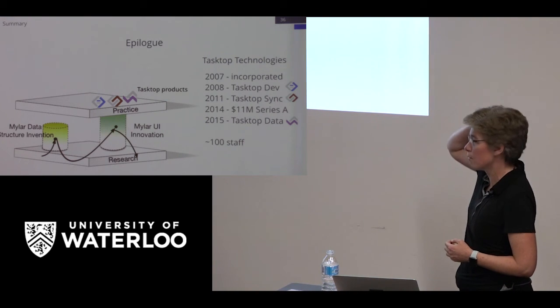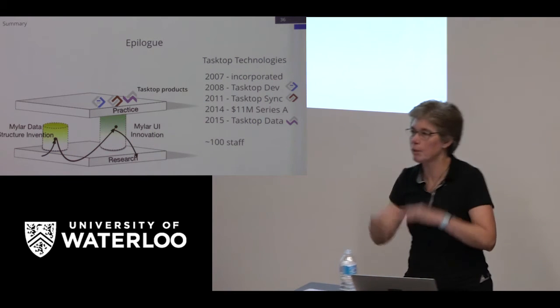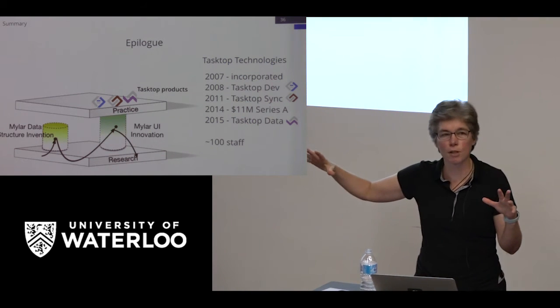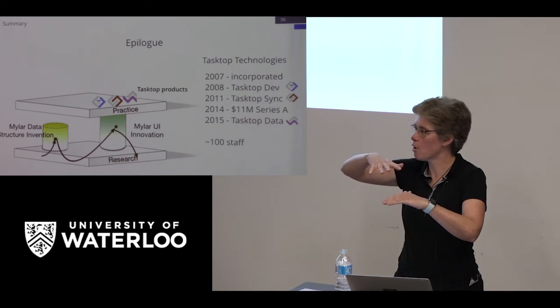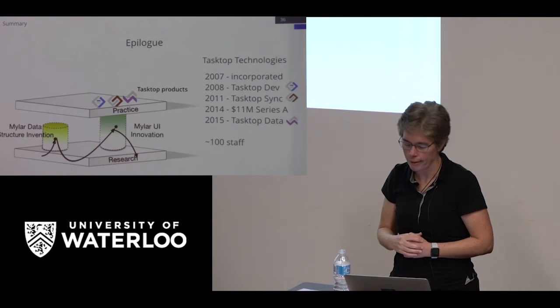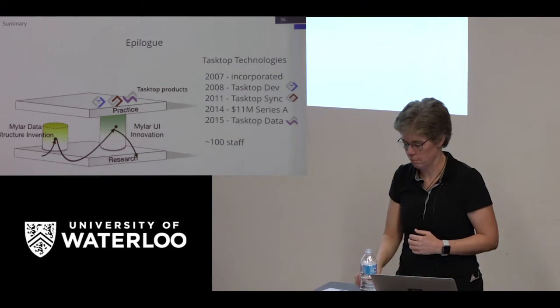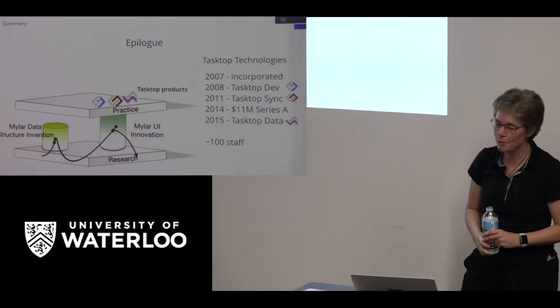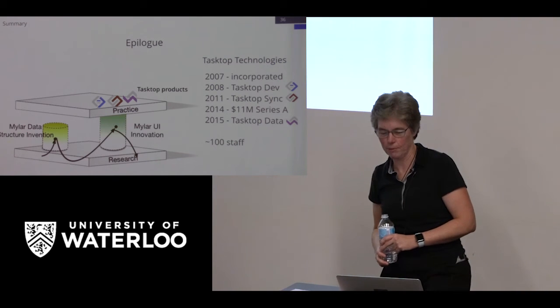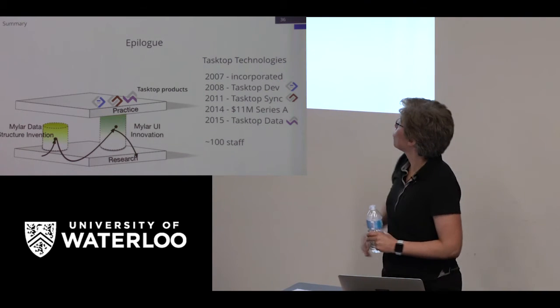So in 2007, we incorporated. In 2008, we took that Mylyn tool that I basically showed you. It was open source. We put closed source connectors on top of it and sold it as a product. It was the recession. We continued to build the company out. We got a couple of enterprise sales. For about the first